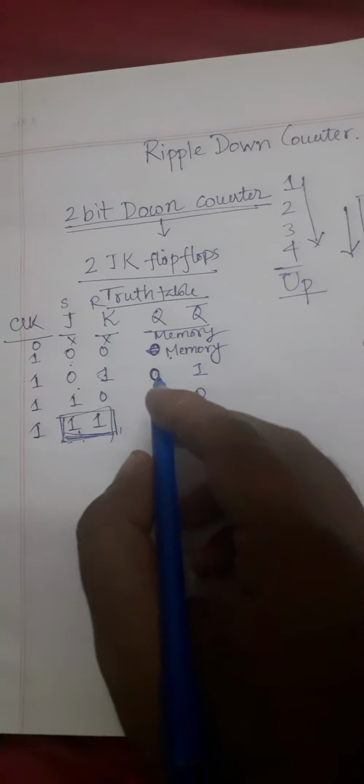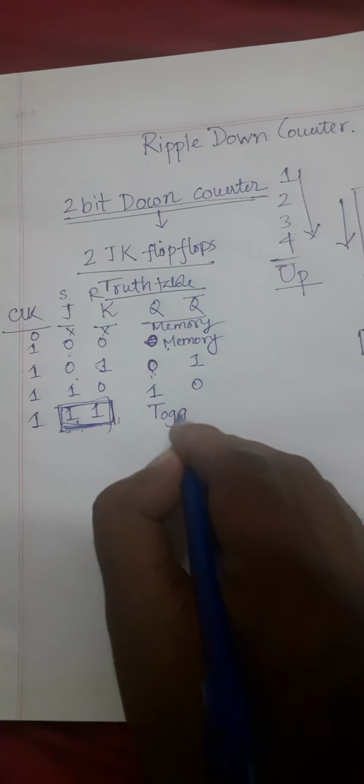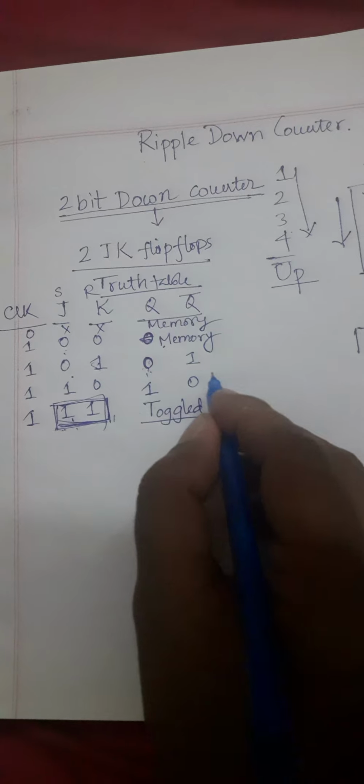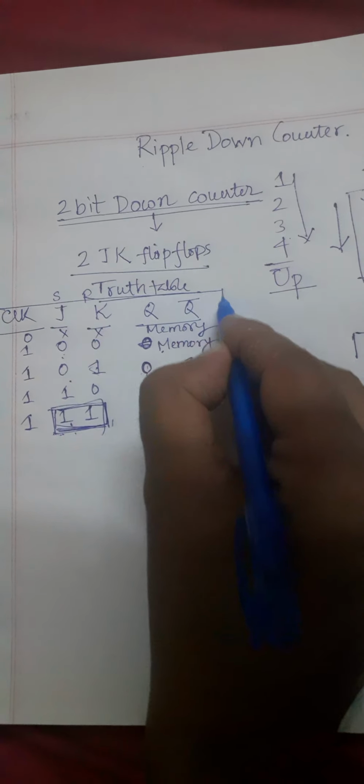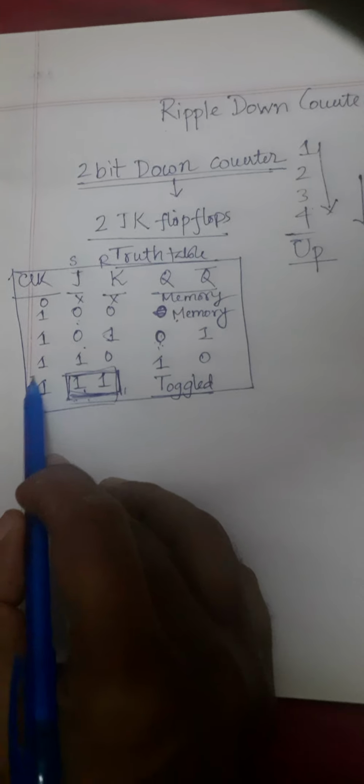That is, when we provide 1 and 1 through J and K, we get a toggled output, right? Toggled or toggle, whatever you call it. So this is the final truth table of a JK flip-flop. And the most important thing you need to remember is this part: when clock pulse is 1, input J is 1, K is 1, at that very moment the output gets toggled. Means whatever output was stored previously is being toggled. Okay,